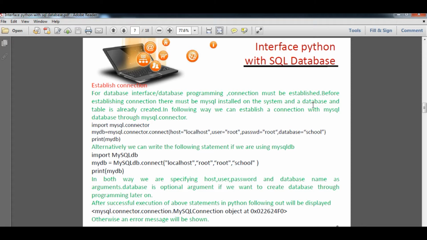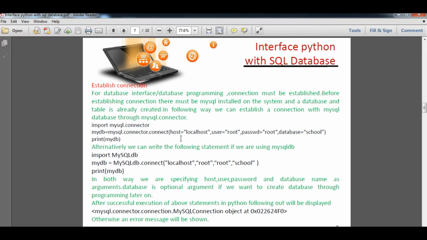In the following way, we can establish a connection with a MySQL database through mysql.connector. Here you can see, students, we have to import the connector, the MySQL module connector. So you just type import mysql.connector. After that you take an object, mydb equals mysql.connector.connect.